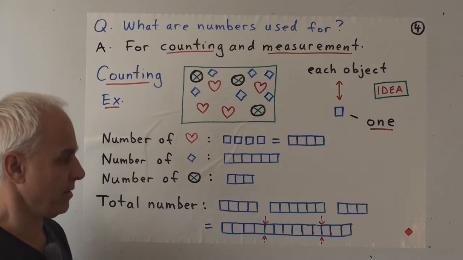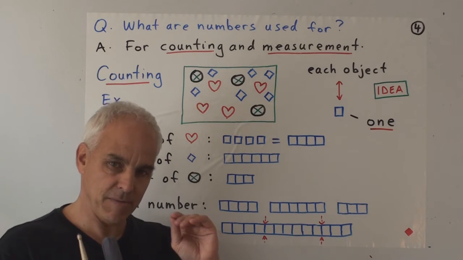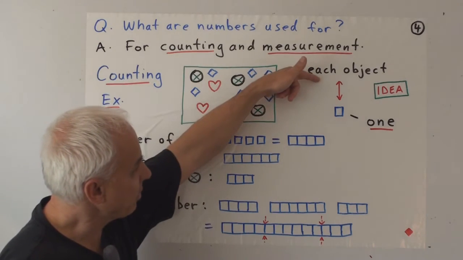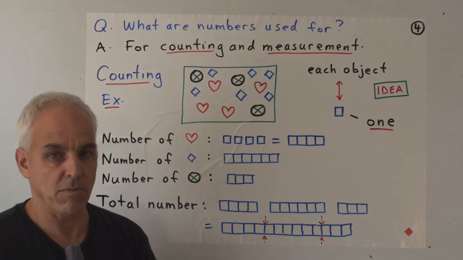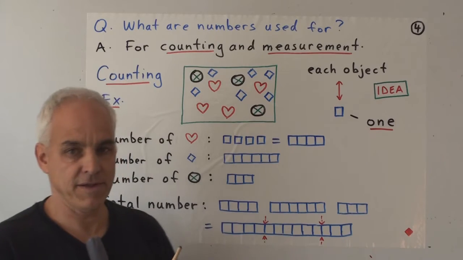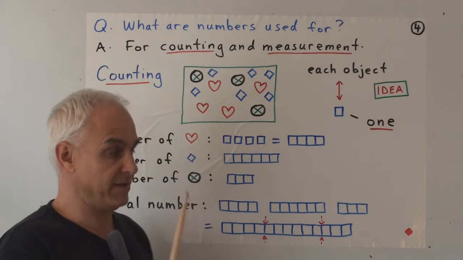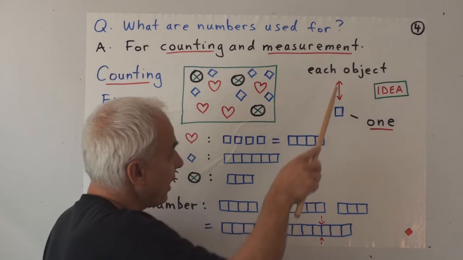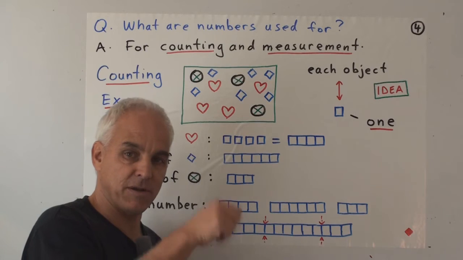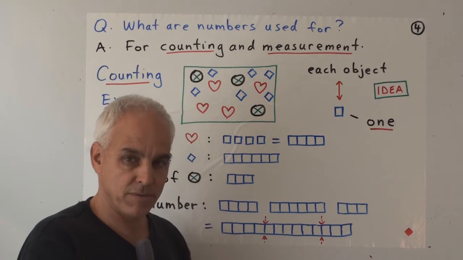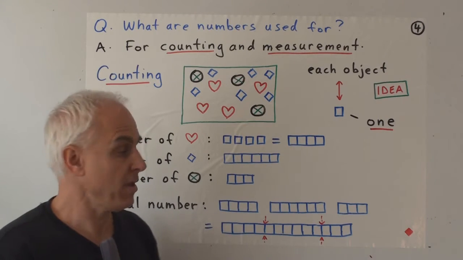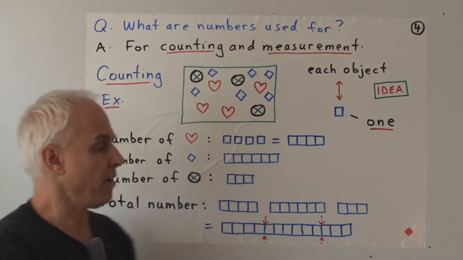Well, the idea of counting, which itself is a very important but simple idea, is that to each object we're going to associate a cell or a box. Remember, one of these little cells, we're calling that the number 1. That's the only number that actually has a real name by itself. So every object gets associated a cell. Or if we were working with strokes on a piece of bark, each object would get a stroke. Or each object would be assigned a shell or a pebble or whatever system we're working with. But we've agreed to work with boxes for now.